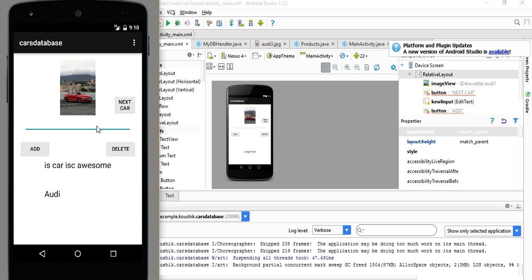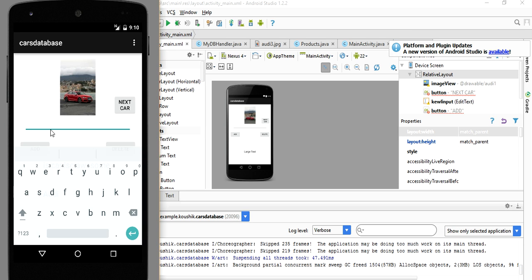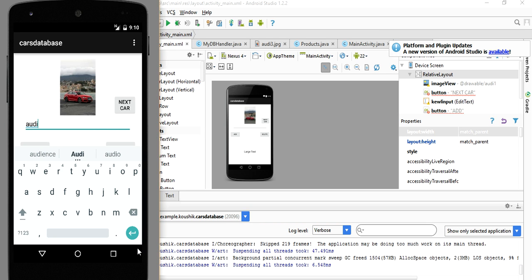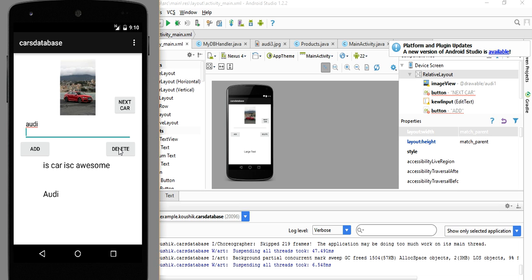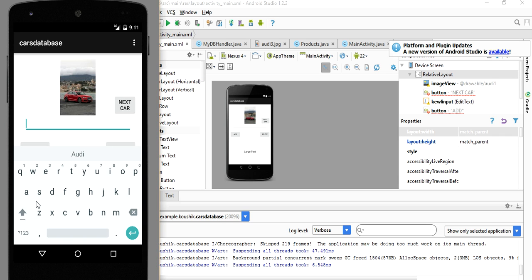Now let's use this button to delete this particular comment. You can write whatever you want, but make sure that you type it exactly. So if I type Audi, I'm trying to delete, but it won't get deleted because the A is capital in my particular